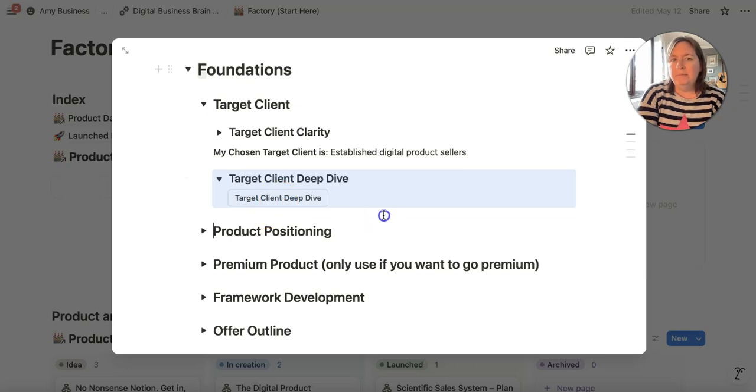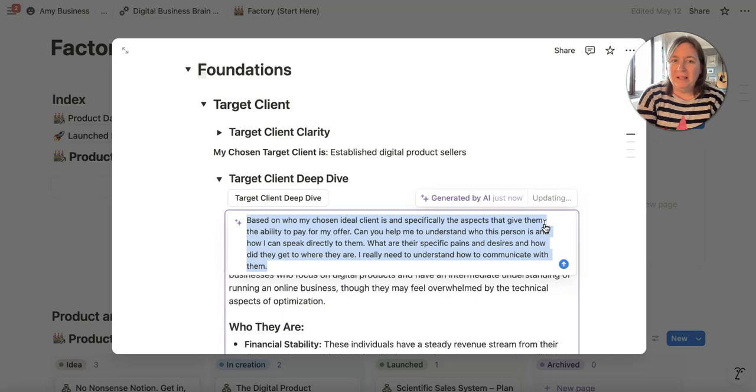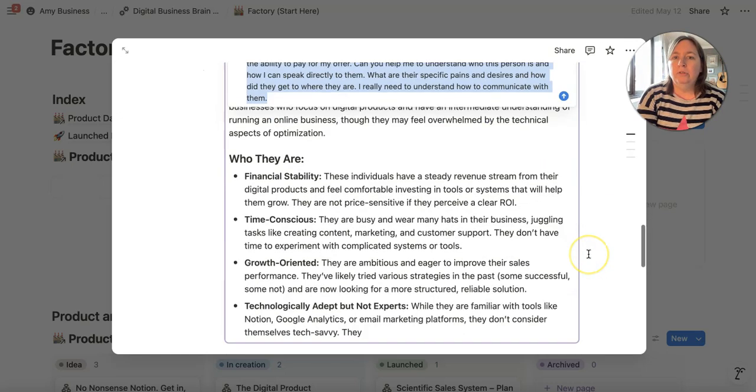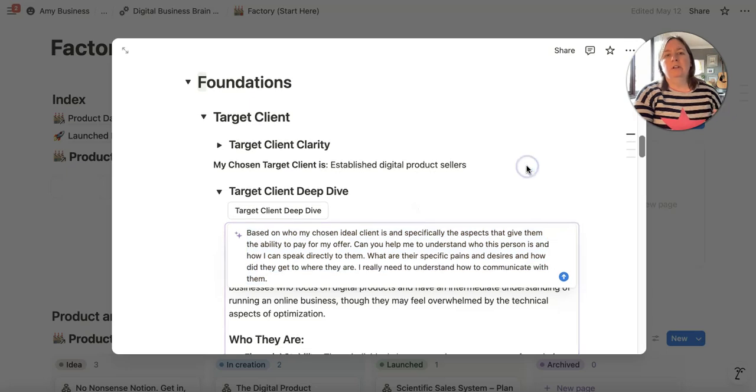This is AI. So when I click the button, I've got a prompt and I can click generate. And I don't know if this will work because I don't know if I'm on the right plan. And AI is going to generate output for me. So if you're using databases, it's good for, you can almost have a flow of prompts that you use, and